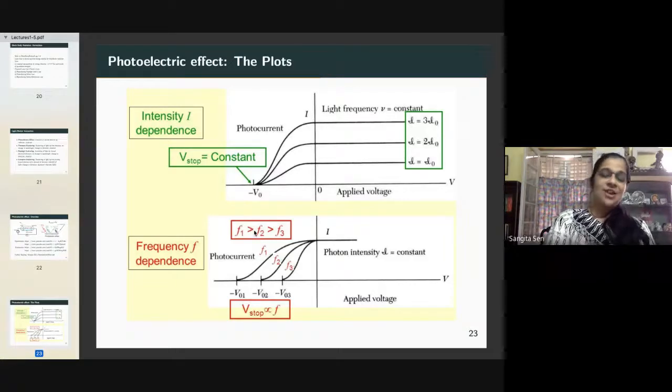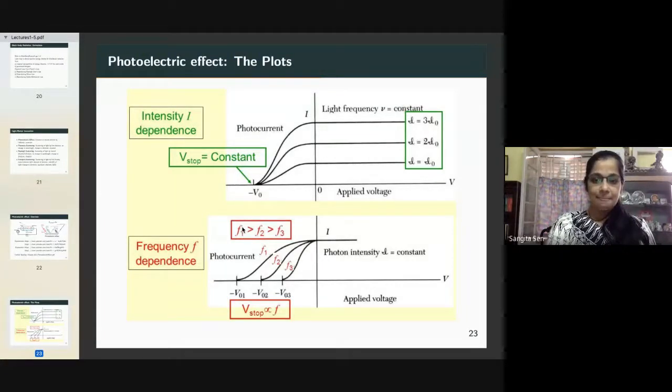What you needed was higher and higher frequency. So when you studied the setup with different frequencies of light but the same intensity, you found that you got different stopping potentials. And the higher the frequency of incident light, the more negative you needed the detector to be to stop the current, which means that the electrons that were emitted had more and more energy, the higher the frequency